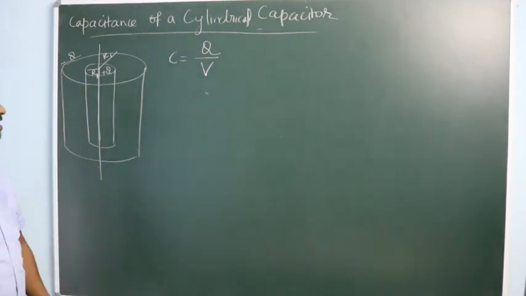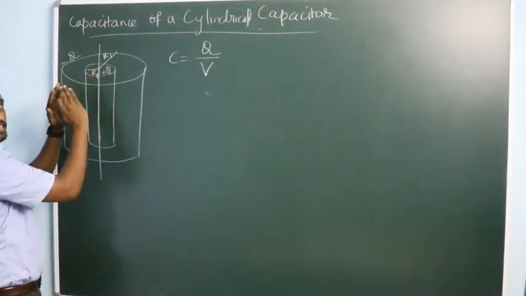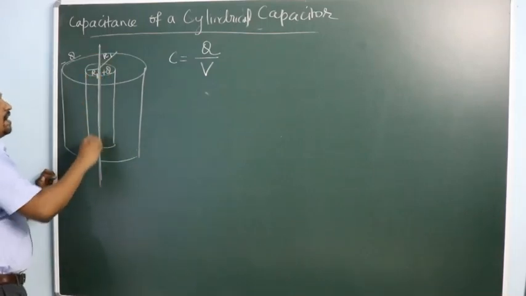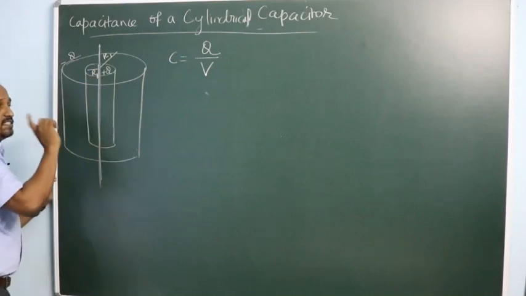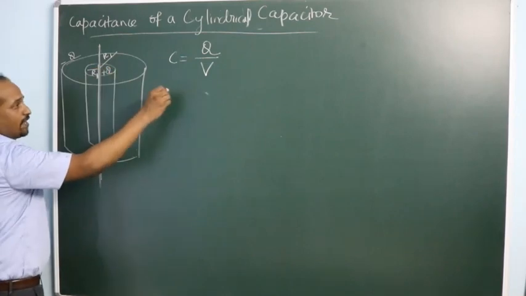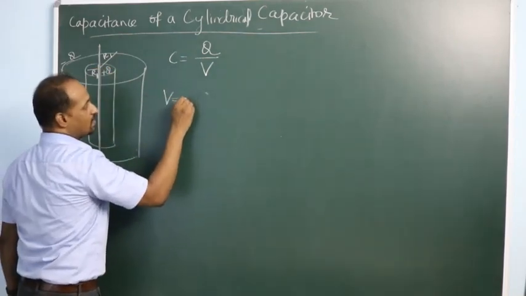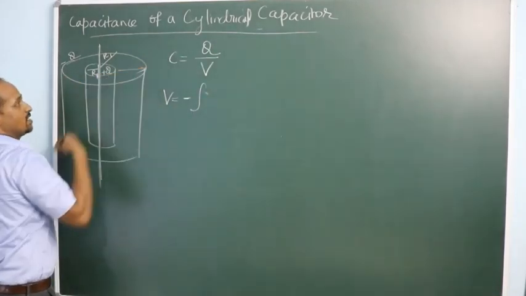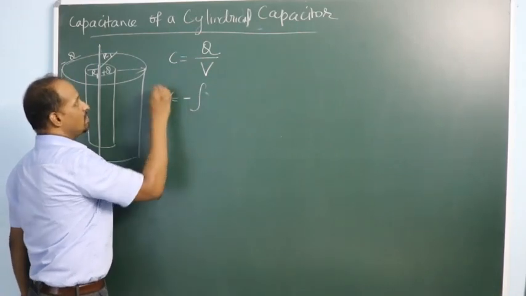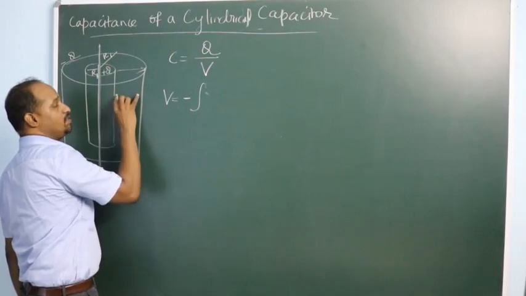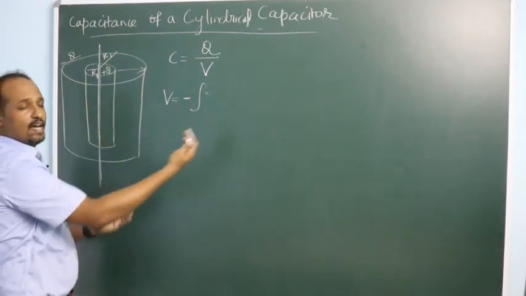And what is the potential difference? Since it's a line of charge, and all the charge that you give is distributed on the outer surface of the cylinder, and it's a large cylinder, the linear charge density is lambda. What is V? At distance r, you need to find the potential difference, and the potential difference is the negative of the integral of the electric field, because from positive charge to negative charge the electric field goes outward, so it is minus. From here to here, external work is done to move a unit positive charge. That gives you the potential difference between the inner cylinder and the outer cylinder.